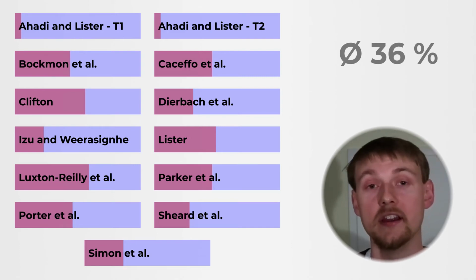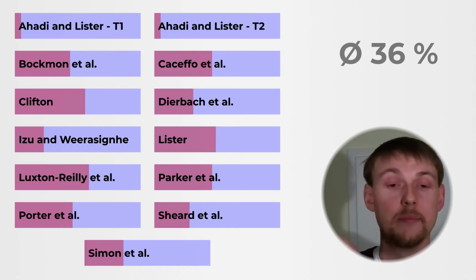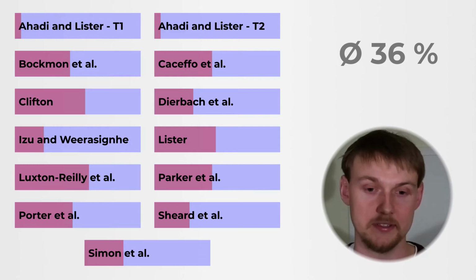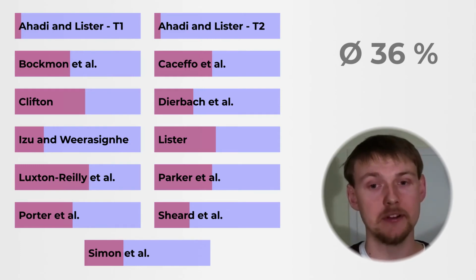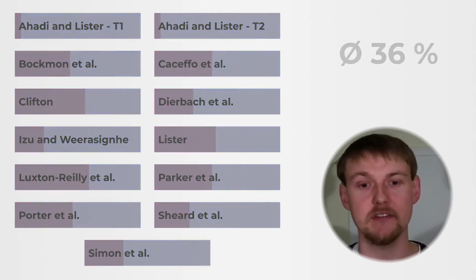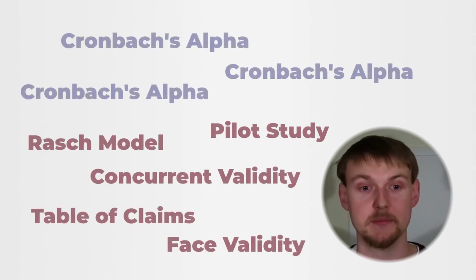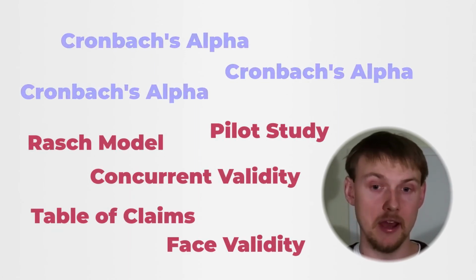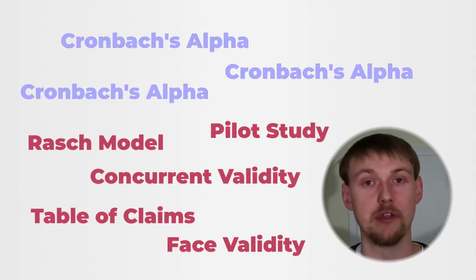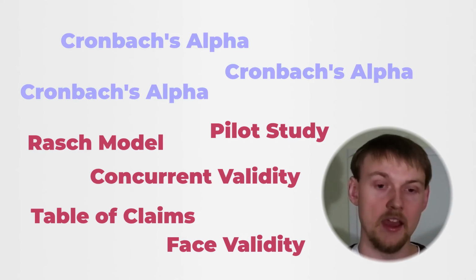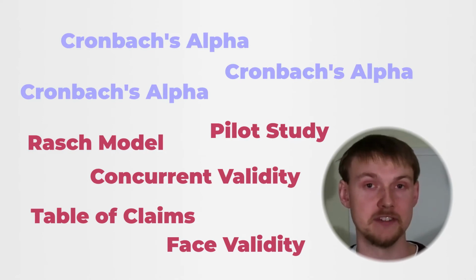And you can see it goes from 5% to up to nearly 60%. Another interesting and important analysis is to see the status of validity and reliability of those assessments. The reliability was only reported for 3 assessments. All have used Cronbach's alpha. And the validity was reported for 5 assessments. Here different methods were used.